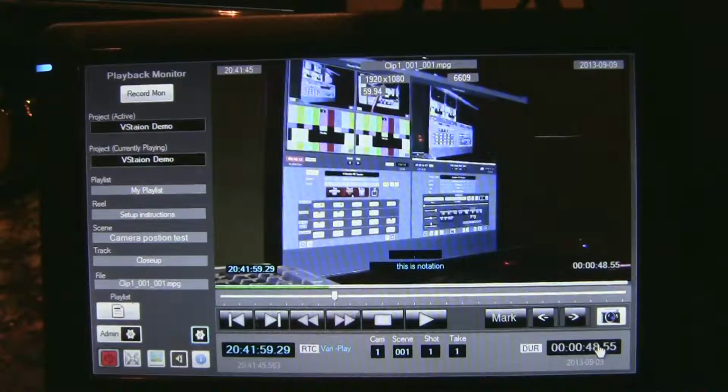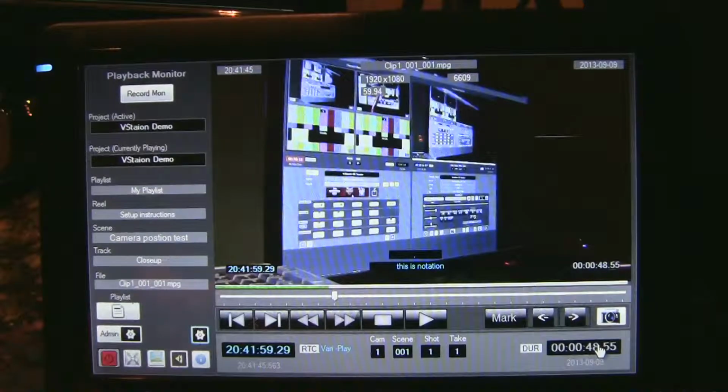We're going to set up a project on our field system. The field system is very similar to the studio system, except we're using a smaller screen. We have to split the screen into a record and a playback panel. So when the system first comes up, you'll see the actual